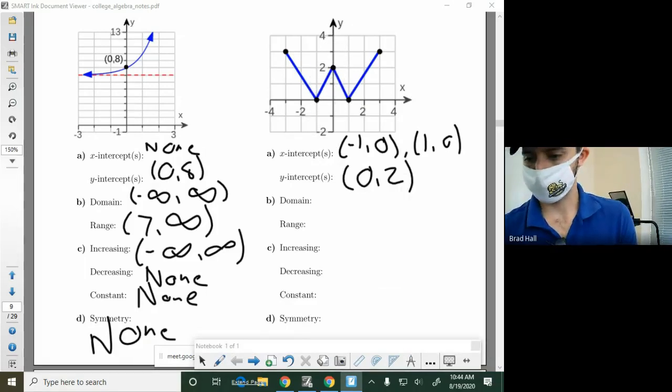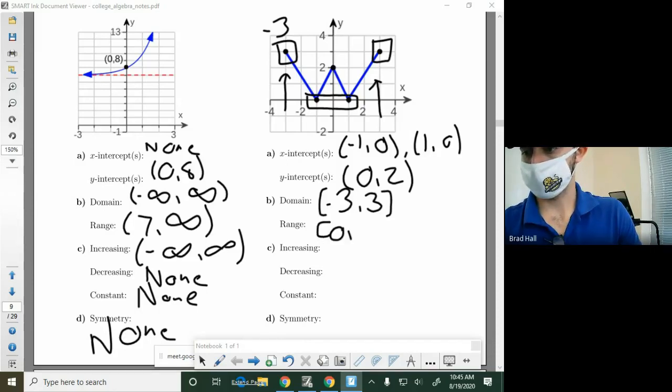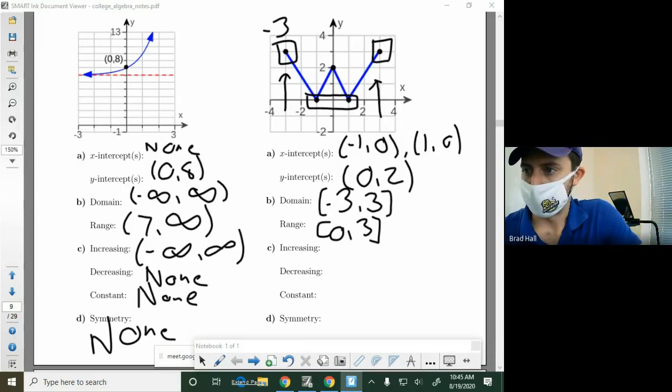The domain: the furthest to the left we can go is right here, and the furthest to the right we can go is right there. What would be the corresponding x values? This one seems to be -3, and the other is simply +3. We do include these because the points are filled in. The range is going to be 0 to 3. It's going to be increasing